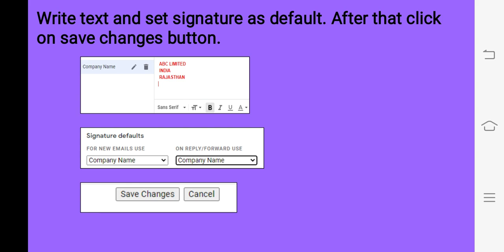And we can set our signature as a default signature for new mails or for reply and forward, so it is attached automatically. More than one signature can be set. After that we will click on save changes. So the settings will be saved in our Gmail.